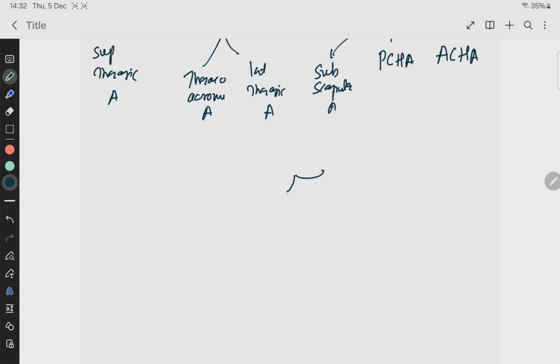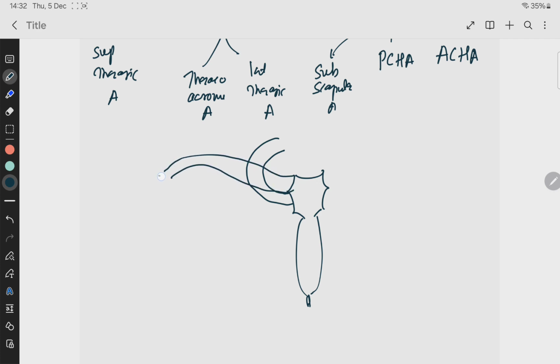ये क्लेविकल रहा, और ये स्टर्नम रहा, यहाँ पे आती है फर्स्ट रिब, ओके, यहाँ पे आता है क्लेविकल, ये कोरोकोइड प्रोसेस, ओके। अब यहाँ से बिगिन होती है एक्सिलरी आर्टरी,